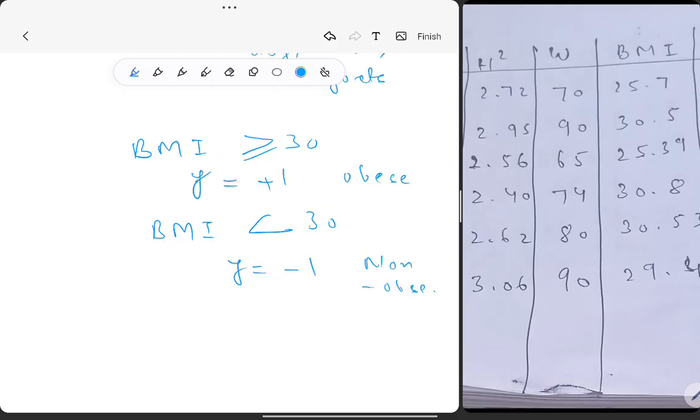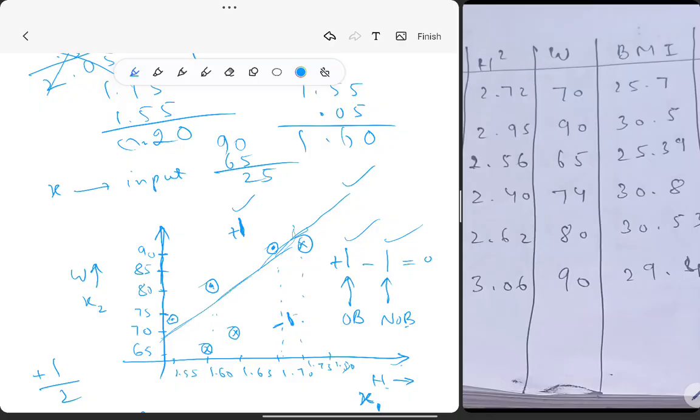Okay. This problem is called a classification problem. We have classified a set of data into two groups, obese and non-obese. One thing that I must mention, that is very important, otherwise you might have a wrong conception: if this is weight and this is height, weight and height cannot be separated by a straight line. If a set of data can be separated by a straight line, then we say that the data is linearly separable. Linearly separable means the data can be separated by a straight line into two groups.